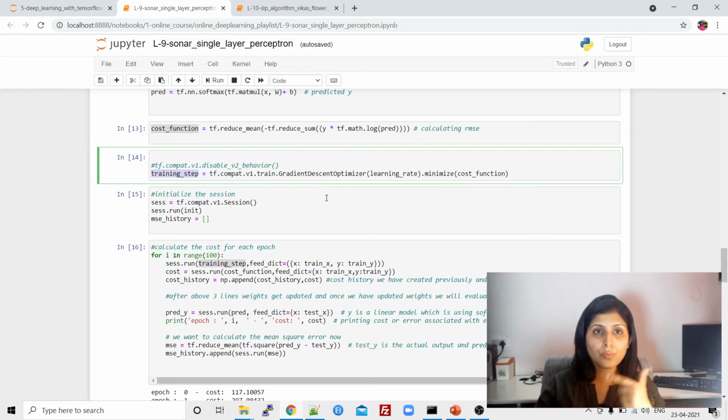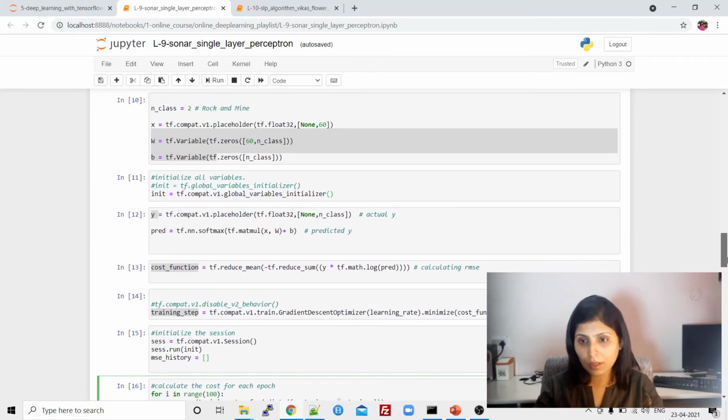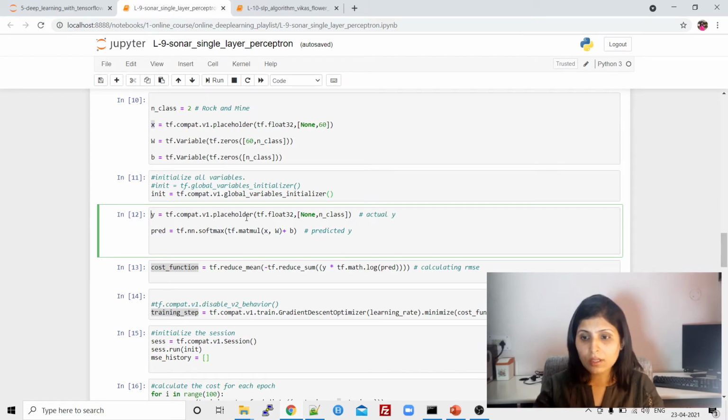And where have we stored that code? In the training step variable. And see over here, x is a placeholder and y is a placeholder. Remember, this x and this y are variables which we have defined above. Let me show you again. So here is x, this is a placeholder, and here is y, this is again a placeholder.